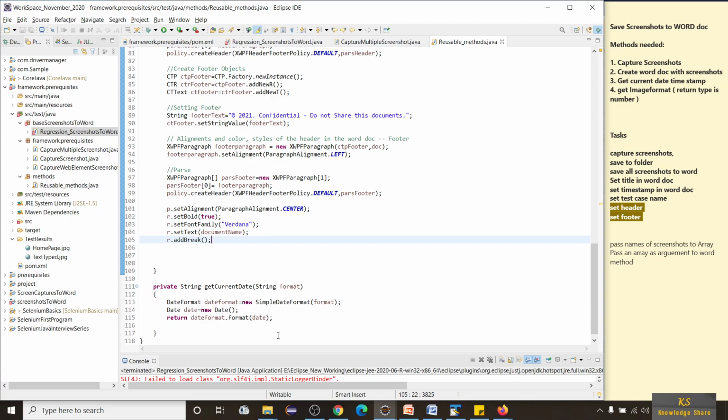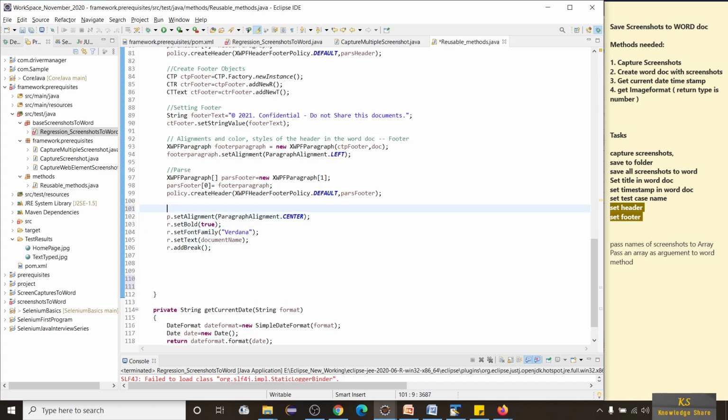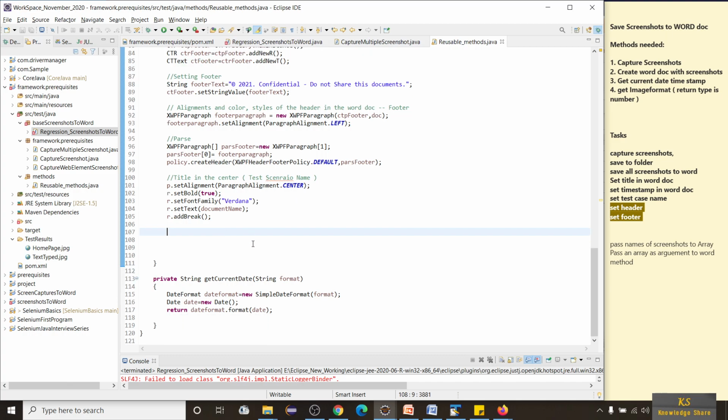Now what we are going to do is get all the file names. This will say like title in the middle, title in the center, or test scenario name. Now we are going to set the files.